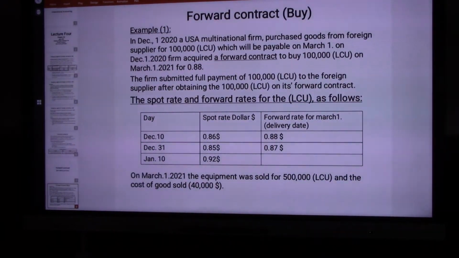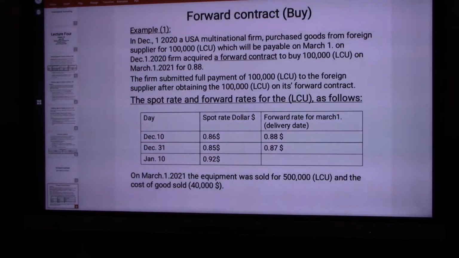So the firm, to protect itself against transaction loss it could be exposed to نتيجة للـ change in foreign currency, has entered into a forward contract. The forward contract says that the firm is going to buy 100,000 from the dealer on March 1st. احنا قلنا purchase process accounts payable. ماشي؟